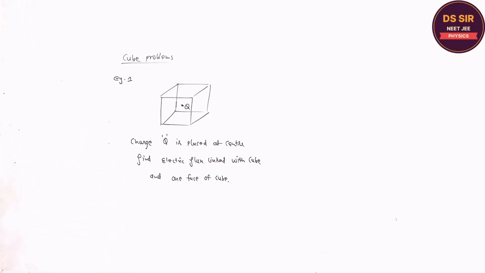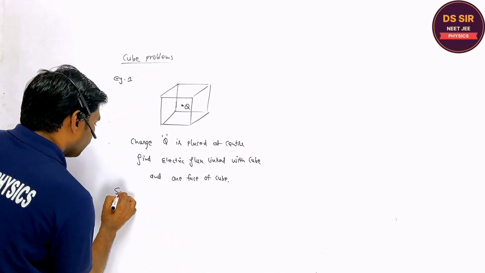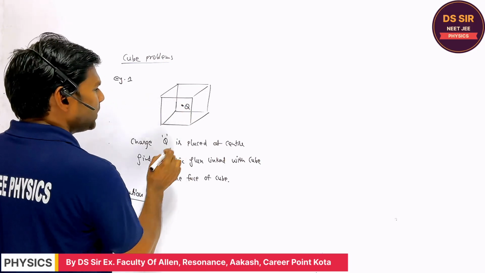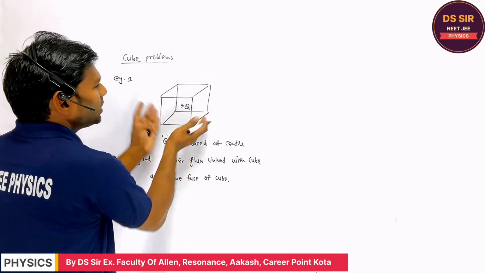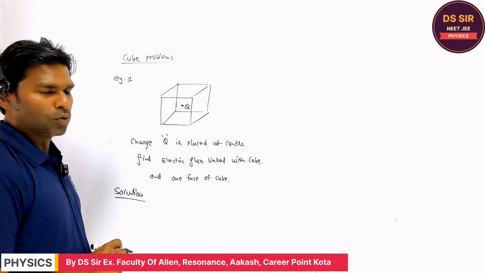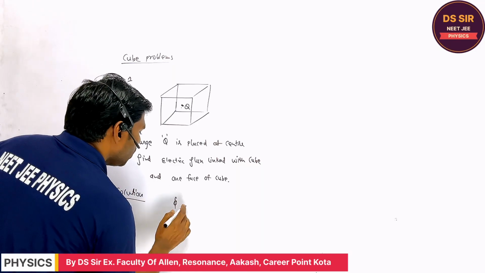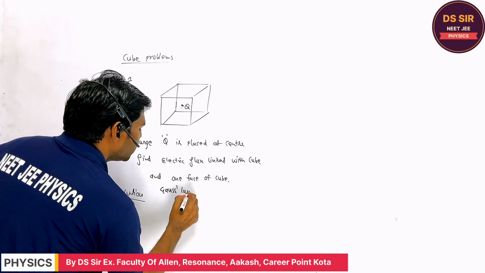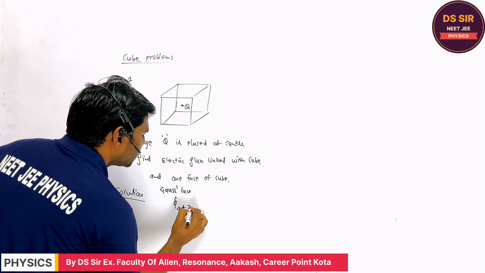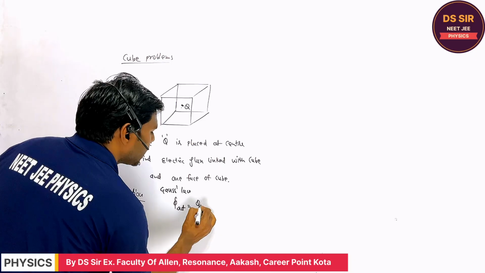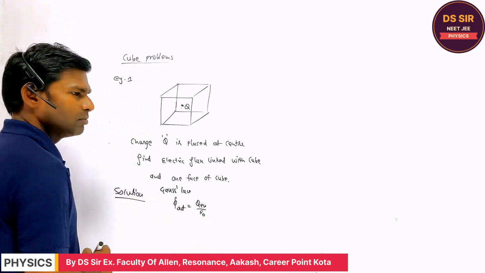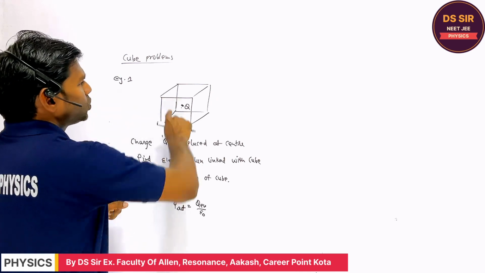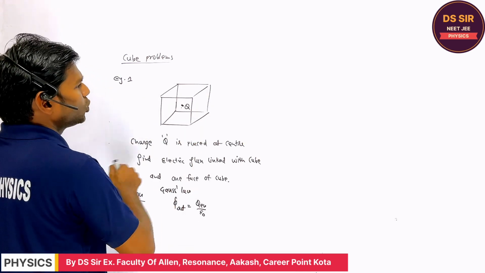Copy this. So what is the question, please tell? If one charge capital Q is placed at the center, what is the flux linked with this cube? According to Gauss's law, the net outward flux linked with any closed surface is equal to charge enclosed divided by epsilon naught. So if you consider this is the closed surface, the flux linked with this cube is